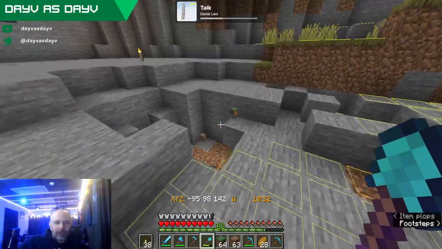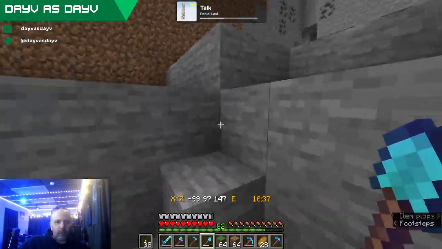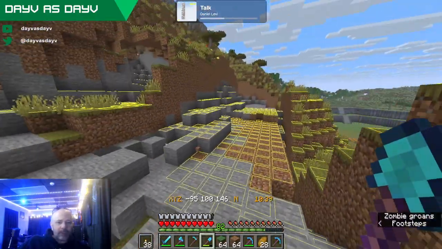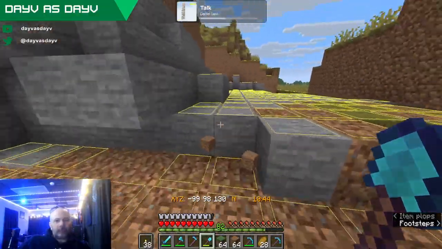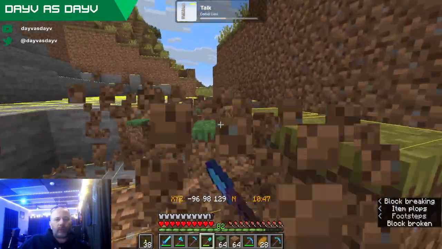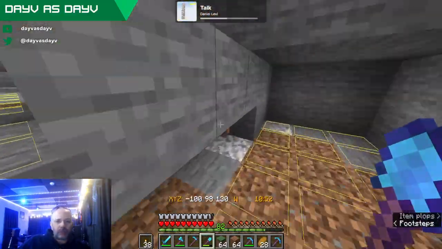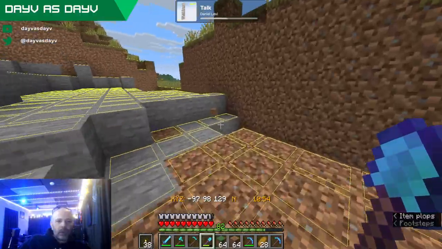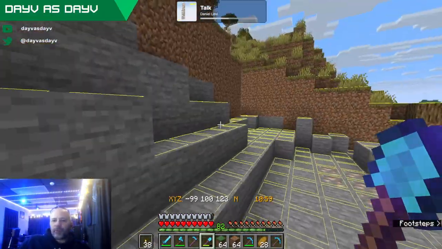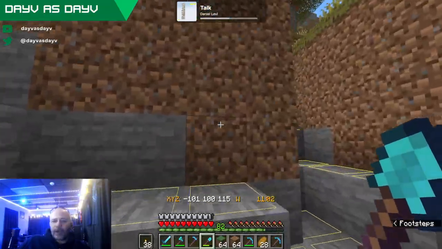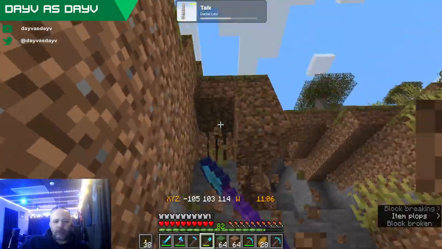Like I say, I don't like looking up all the designs for farms necessarily. There's some things that it would be a waste of time for me to just look up what's already out there. But some things I like figuring out. So we'll see what we can do with what we already have to adapt it to something else. That's definitely a thing. And then after the tree farm, we do need a prismarine farm. I haven't even found an ocean monument yet, but we need to find one.